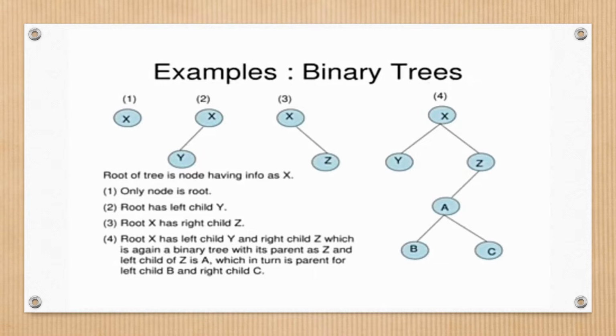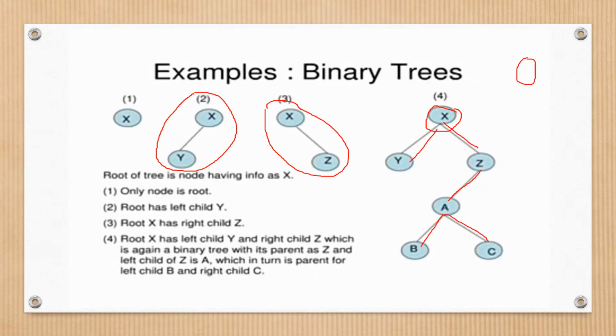See second one. It contains only one child. It is also binary tree. Third one. It also contains one child. This is also binary tree. Let us see fourth example. Here, this root node contains two children, 1 and 2. And this node contains only one child. And again, this node contains two children. So it is a binary tree.